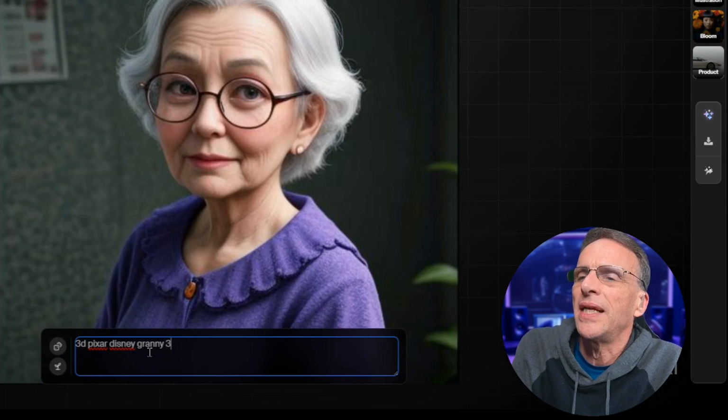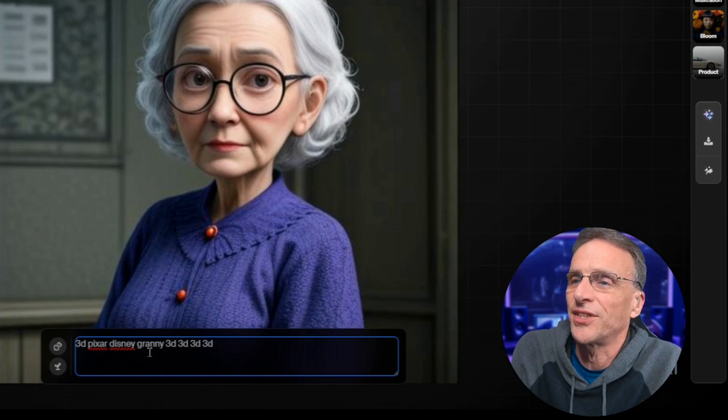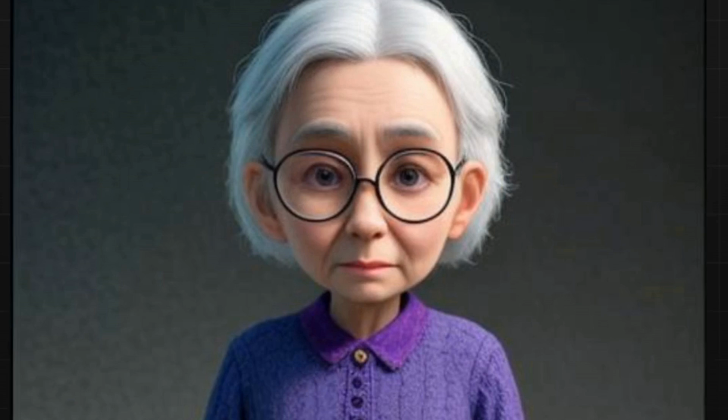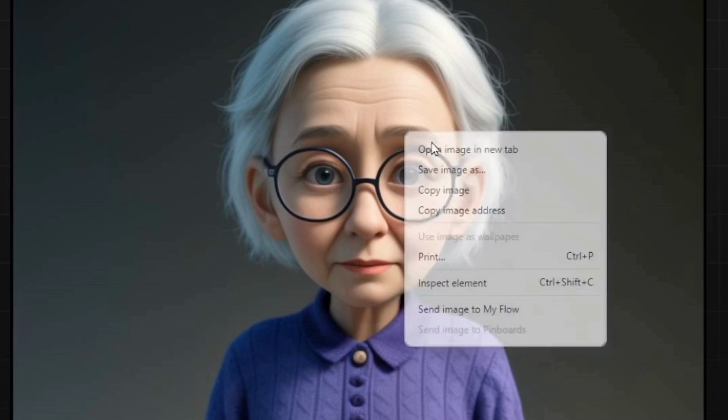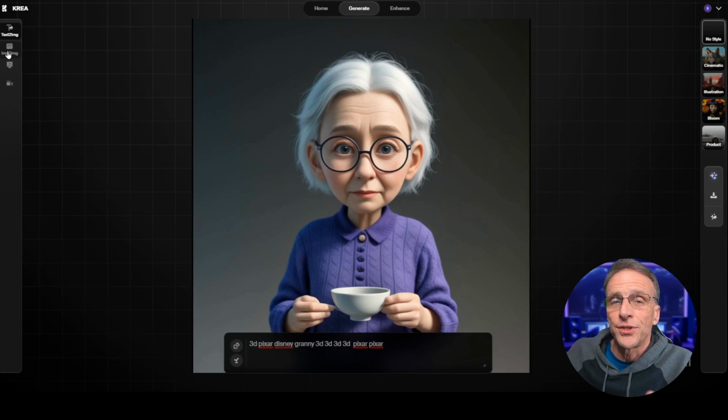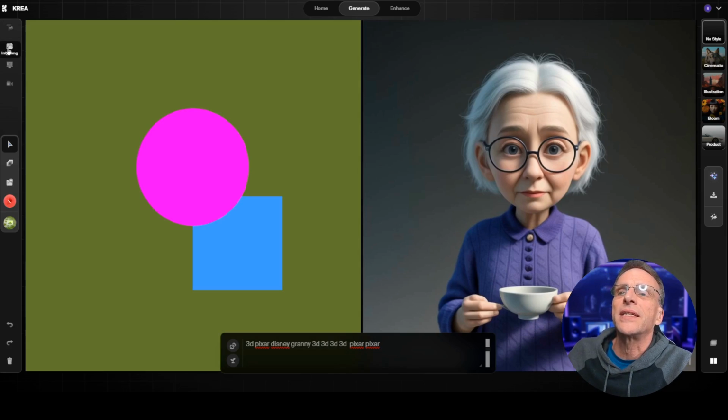Granny, we need a more 3D. See, that kind of is a cheat. Okay, so let's say we've got this. Let's enhance that. That's better. So let's go to the image to image version of this, where we click this tab here,